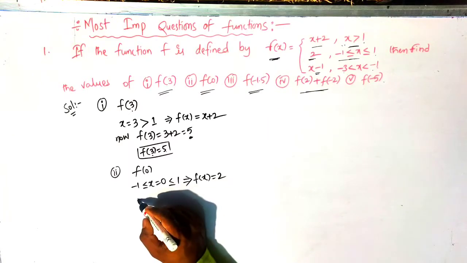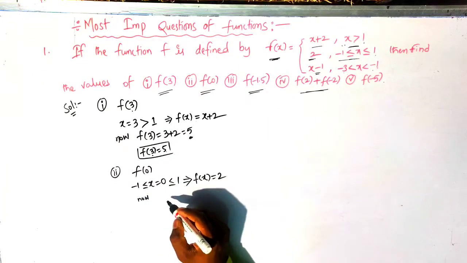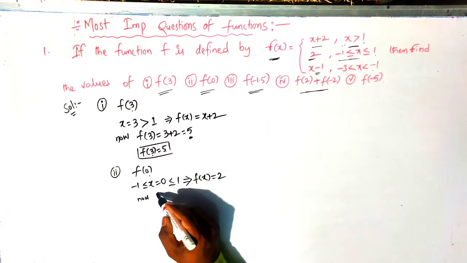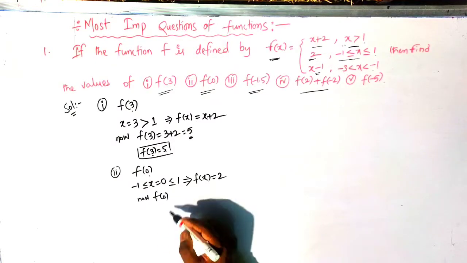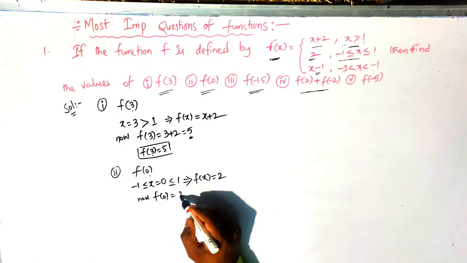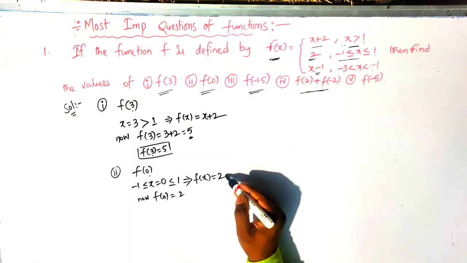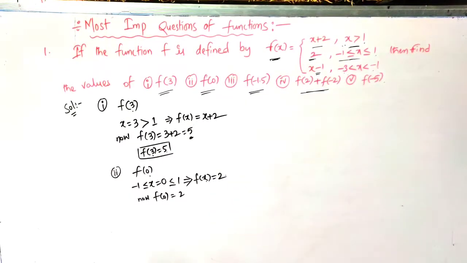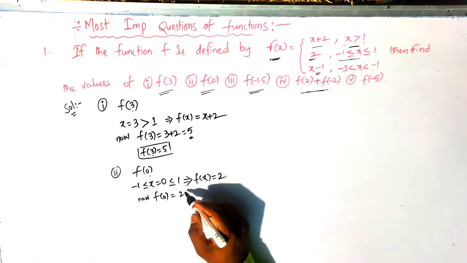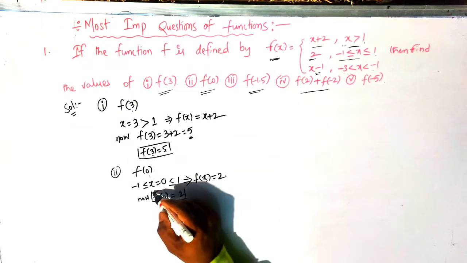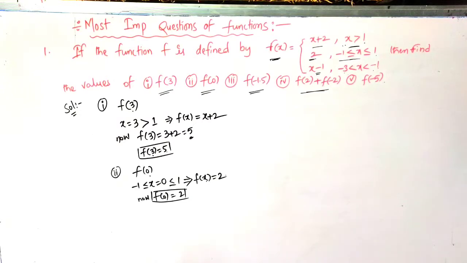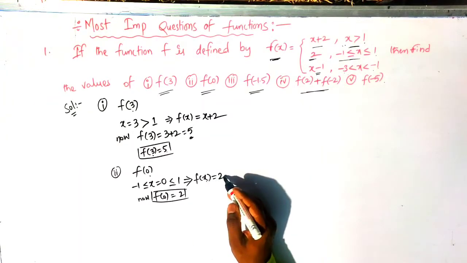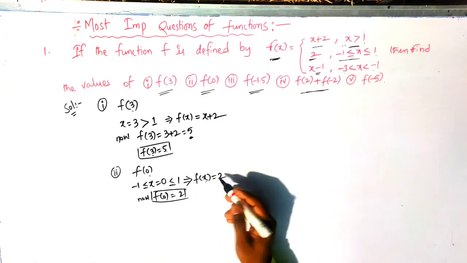Now we give input. So what is input here? Input is nothing but x value, that is 0, f of 0. So f of 0 equals 2 again. Why? Because there is no x term. Take any value, we get here 2. Whatever we give, we get the value 2, not only 0. If we give 1 we get 2, if we give 2 we get 2, whatever we give we get 2. Because here there is no x.